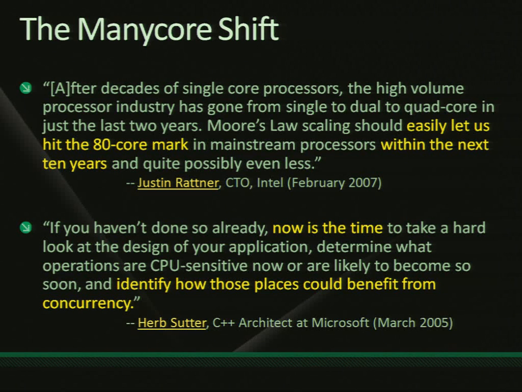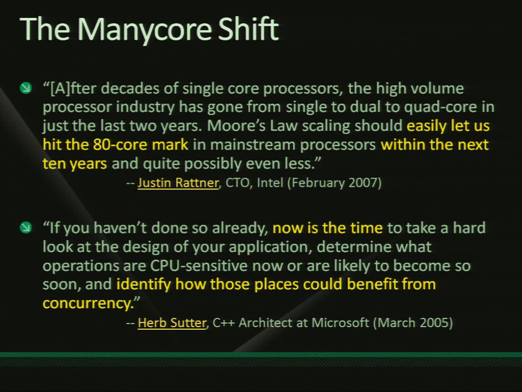He's basically saying that software developers for the last 30, 40 years have relied on the free lunch. That being, they can write their software, and if it's not fast enough today, no problem. It'll be fast enough in 2 years when everyone goes out and buys a refresh of hardware at the company or whatever it may be. But that free lunch is over. Now you write your software and you expect things to get twice as fast. But if you write it in a sequential fashion, 2 years later, it's going to run at the exact same speed. And in fact, at the rate things are going, it's probably going to actually run a little bit slower